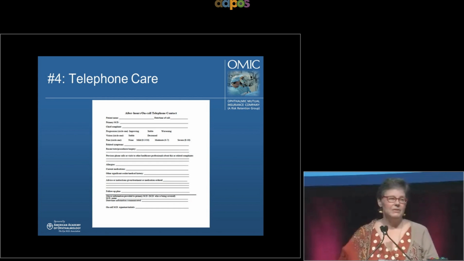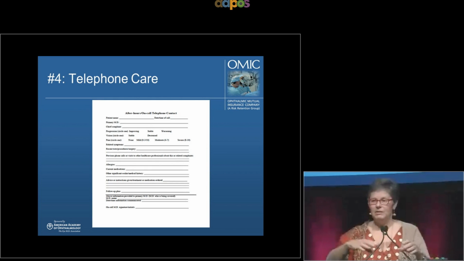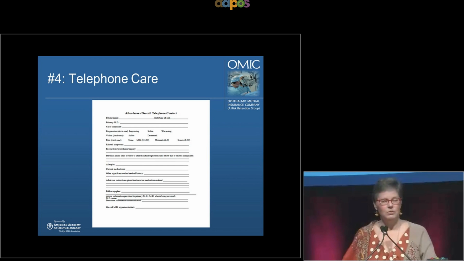I've often been asked about what about texting and emailing. Texting is not very helpful about anything because it's really hard to document the date and time and put that into a record. Emails aren't bad, but even Post-it notes or napkins here at the conference that you then paste into the record if you're still one of those majority of ophthalmologists not doing EMR. But you want something that prompts you.